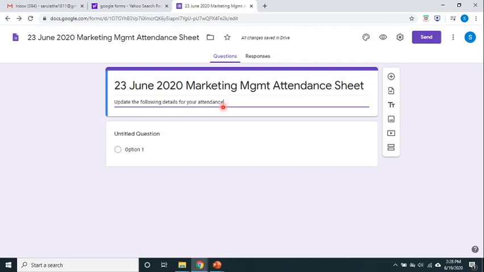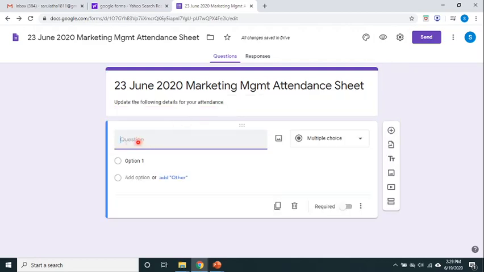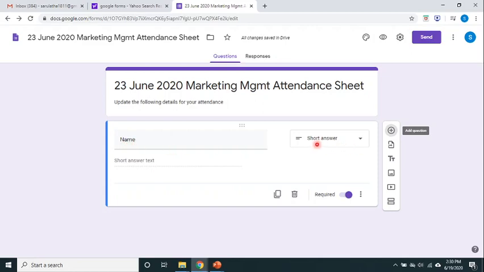And as we move on to the next step, question, we can start typing our question here. So the first question that I will be adding here is the name. If you look at it, without typing anything, by default it is showing us a multiple choice question with options, but as soon as I type name here, it is showing up as short answer. And make sure this question is going to be mandatory. He should compulsorily attend the question. So I'm going to keep this in the required. I have to switch it on. It will be in off position. I will switch it on.